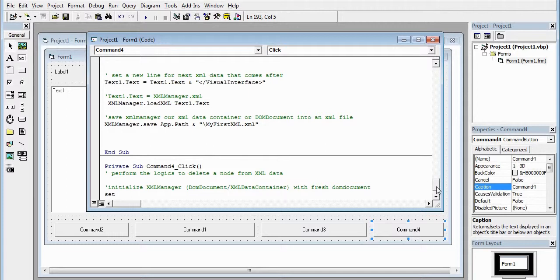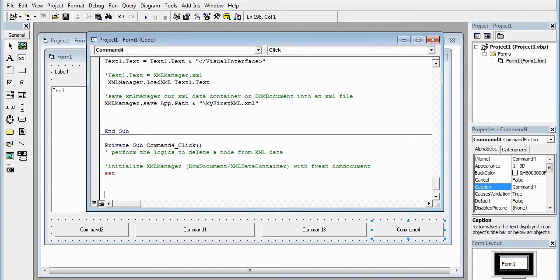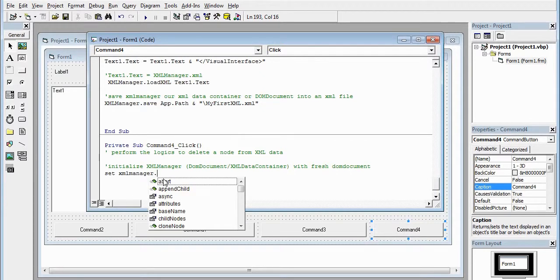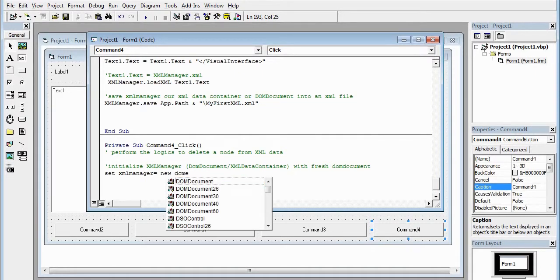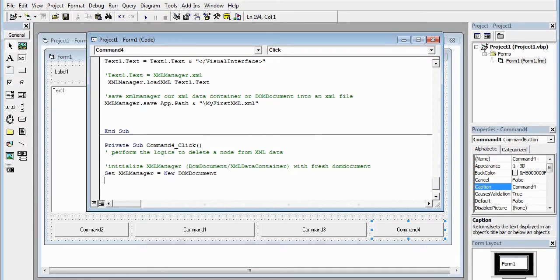So we're going to say set XML manager. Don't worry about those errors. It's just because I didn't finish the line with the logic, so it's a syntax error, it's fine. Set XML manager equal new DOM document. Okay, so I initialized that. Now I'm going to